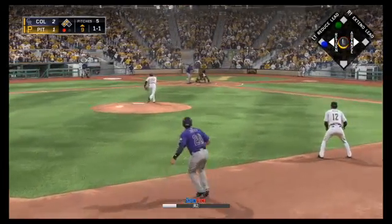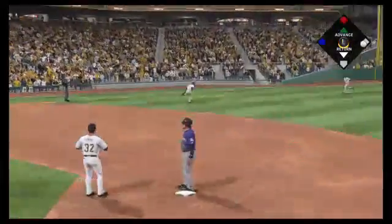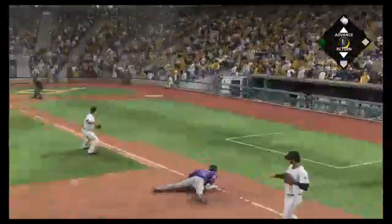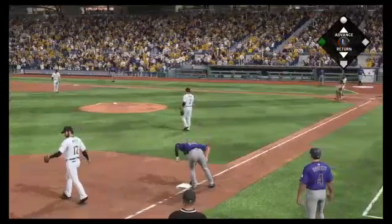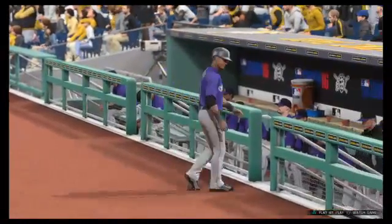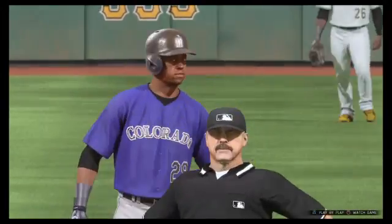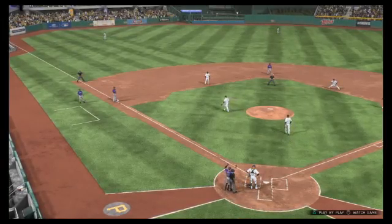1-1, here it is. And here's a ball hit in the air. Mota onto the grass, but he won't get there. It falls in. And they'll extend their lead even further as the run's in to score from third. It's now 3-1. And in a game like this, there's no telling how important an insurance run that may turn out to be. He plates that run on the RBI double to make it a 2-run lead now, which may not sound like that much, but it makes a...